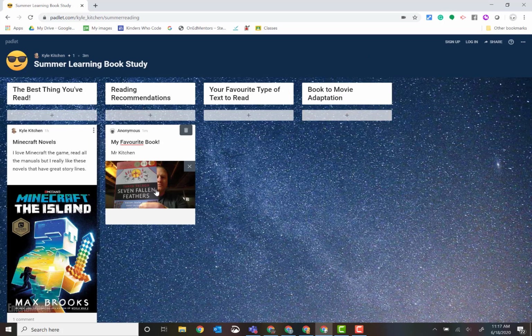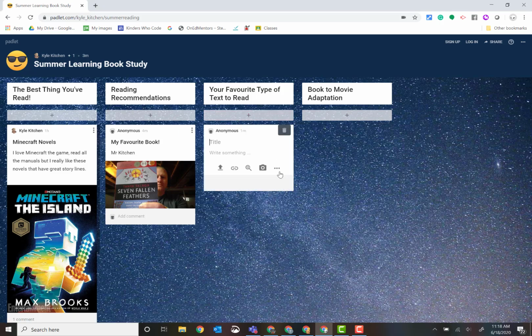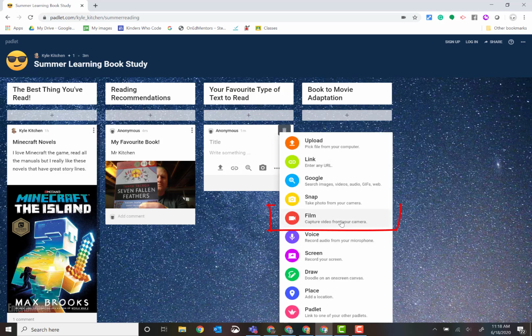Well, there you go. So now you have a picture of your favorite book in there. So that's another option you can do. Moving along, other options you have, if I go to those three dots again, I can actually use the camera